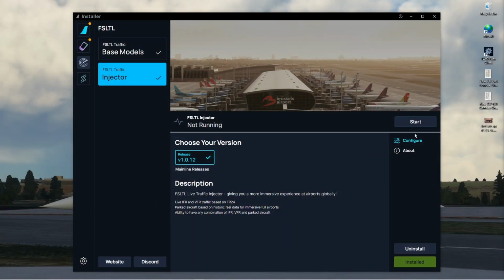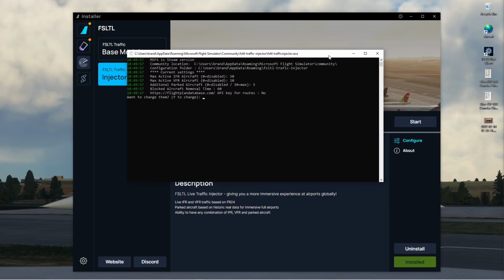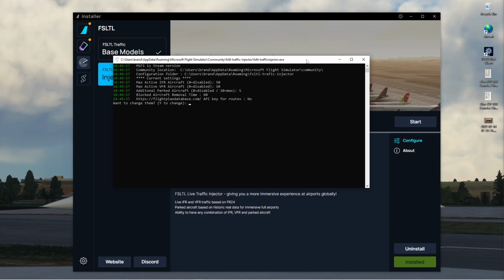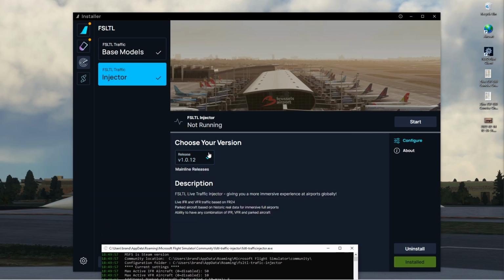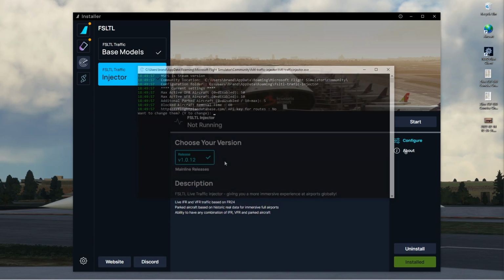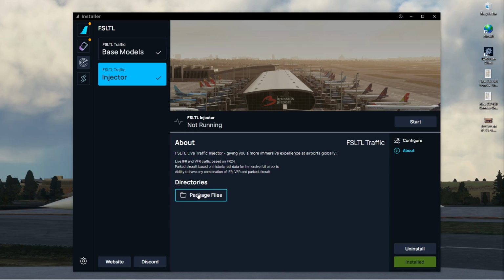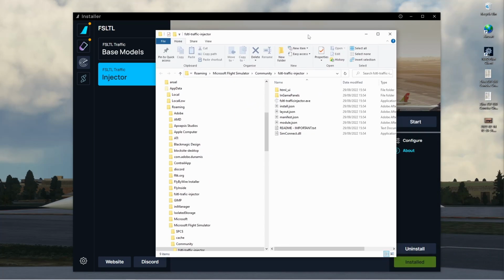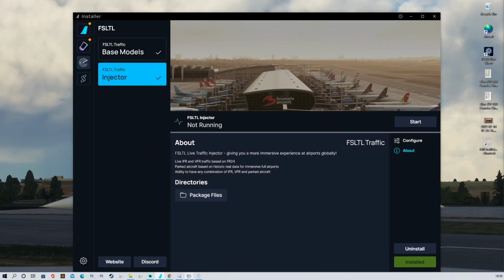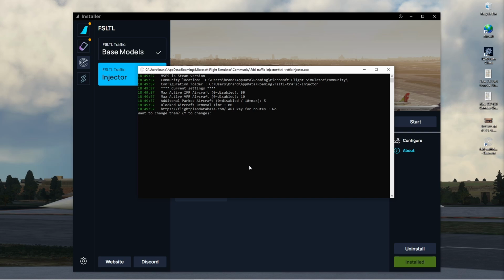You can either just click start here, which to be fair is the easiest option, and you'll see a window like this pop up. Or you can go into the files and find the executable .exe file in there. If we do that by going to directories and seeing a pop up like this, you can see the .exe here. For the sake of clarity, I'm going to create a shortcut and just drag that onto my desktop. It's already started up, so I'm not going to bother with closing it, but welcome to FSLTL,